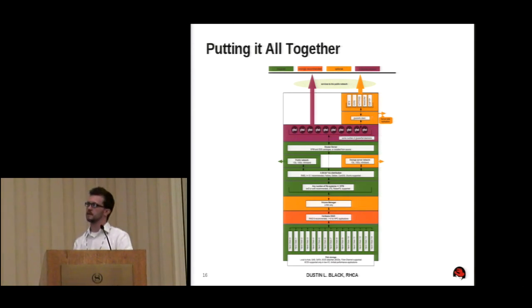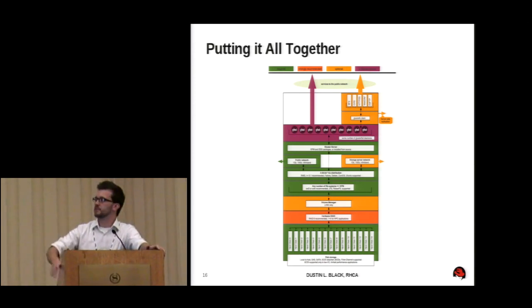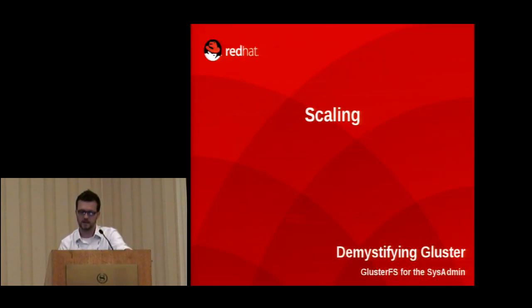So I like this graphic. It shows you how all of these pieces go together. If you walk through the stack there, you'll see we've built this up from the bottom. We have our storage on the bottom, which then has the hardware RAID layer on top of that with logical volume management. You can see how all of those components that we talked about stack on top of each other to, in the end, provide you the services that you're getting from Gluster. I'll have all these published out. You'll be able to take a look at these in more detail, but I like this graphic for understanding how all of those components are stacked together.